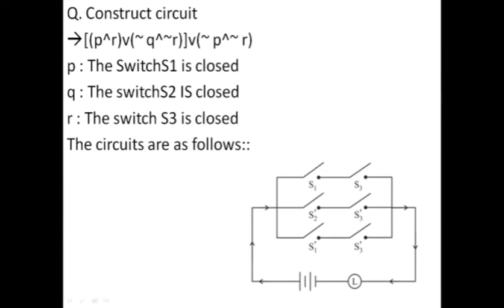This is the circuit. Here see what is given first, P and R. So this P means S1 and R means S3. Next in parallel. So next then negation of this, S2 dash and this S3 dash. So here given negation of Q and negation of R. Next negation of P and negation of R. In this way we have represented here. This is the battery, this is the lamp.